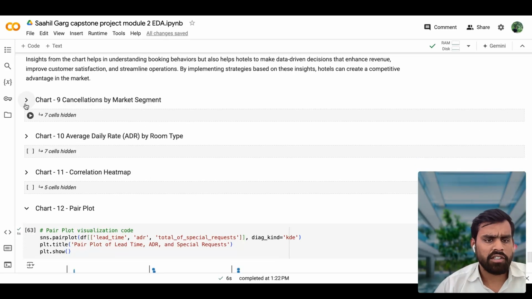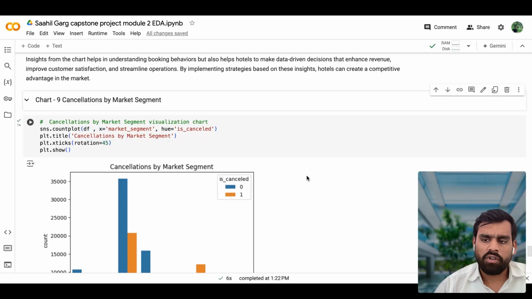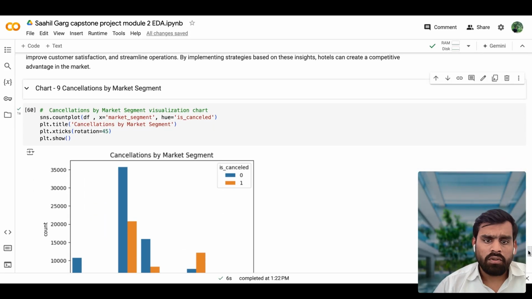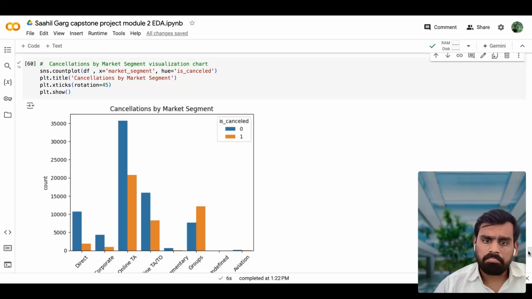Now checking the cancellation by market segment, we are just counting the number of cancellations by each market segment. So we can see, for direct, the number of cancellations is, see, this is the count column and this is the market segment column. So for zero we have the